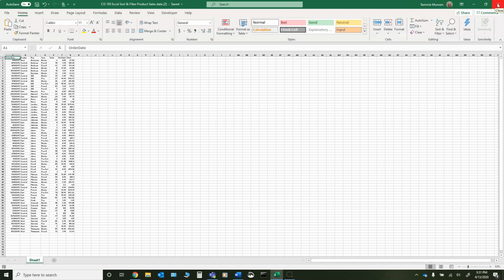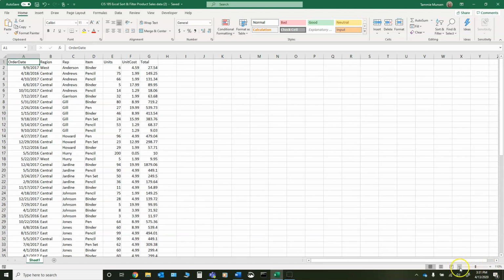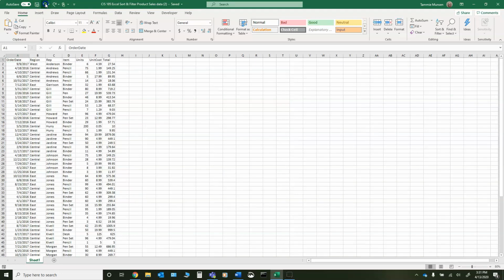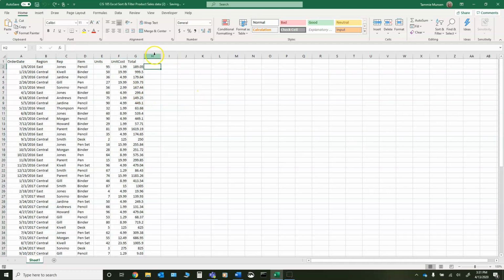Okay, so let me go back and zoom in here. And I'm going to undo the custom sort so that I'm back to my original spreadsheet. I had a few undos to do there. Okay, so that's sorting data. So it's pretty self-explanatory to sort data. You can add levels, you can remove levels. If I were going to go back in and do another custom sort,